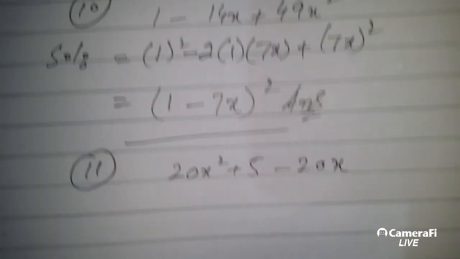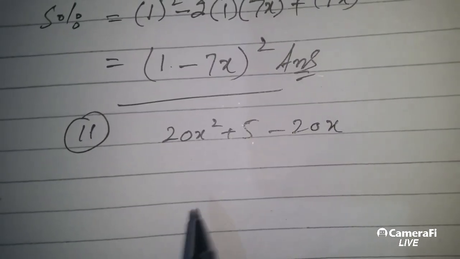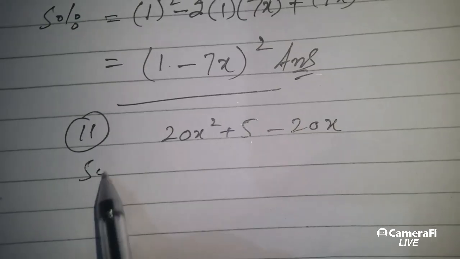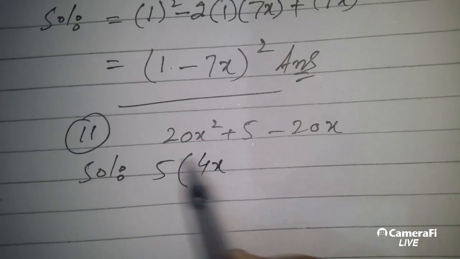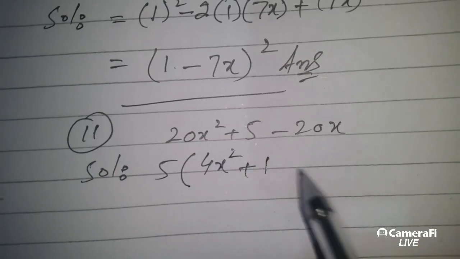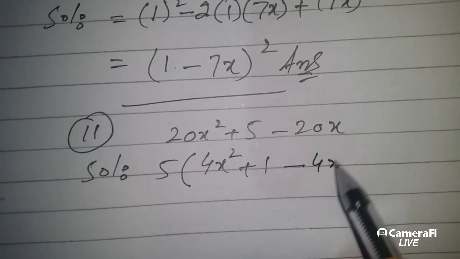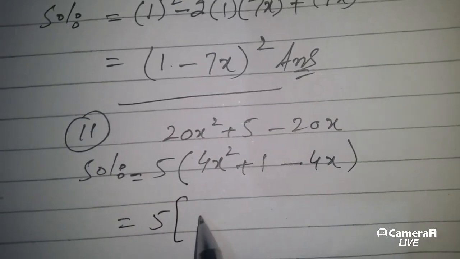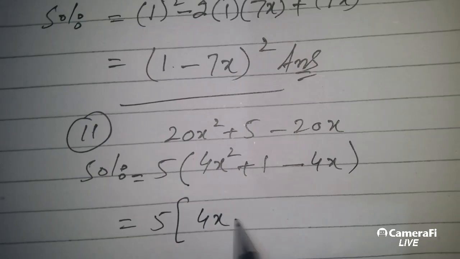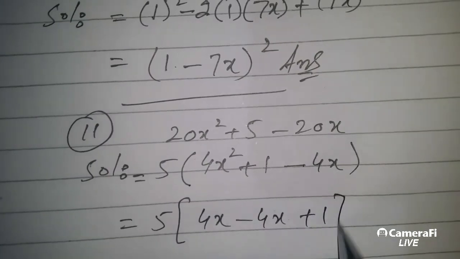20x², 20x। रकमों को तरतीब ज़रूर देना है आपने। पहले मैं इसमें से कोई चीज़ कॉमन निकलती है तो कॉमन ले सकता हूँ, 5 कॉमन ले लेता हूँ, 5 4 ज़ार 20, 5 1 ज़ार 5, 5 4 ज़ार 20। अब यहाँ पर रकमों को तरतीब ले लेते हैं क्योंकि तरतीब के साथ ही ज़िंदगी है।